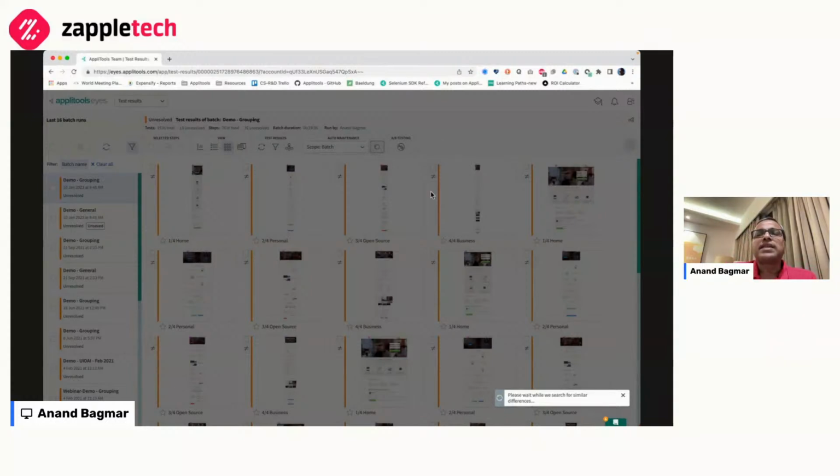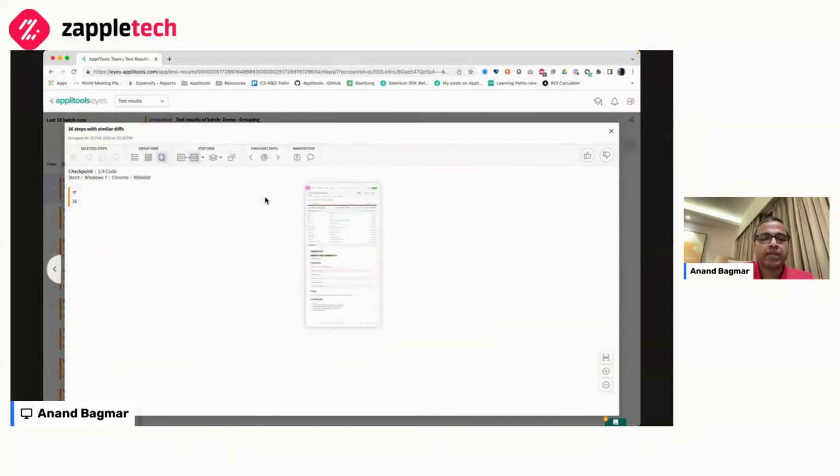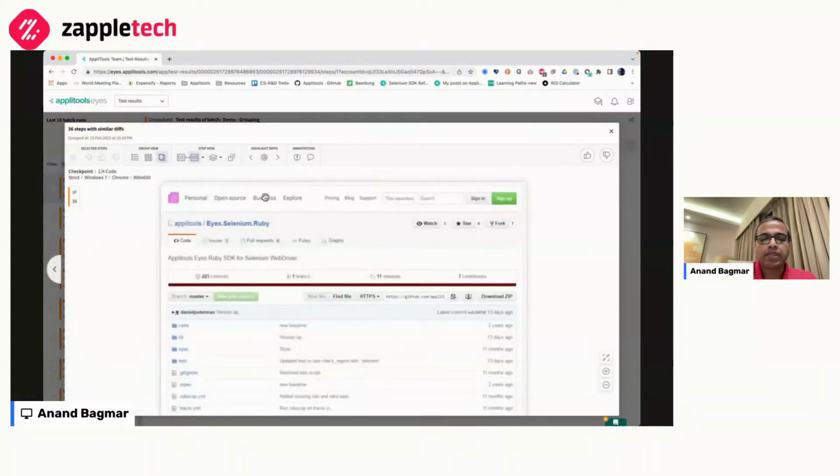So in this case, though we ran the test on various different browsers and devices, viewport sizes, visual validation was done in all those cases. There were significant differences found, but if you inspect it closely using the AI features, you will see that they've been grouped into two buckets only. If you zoom in on this,